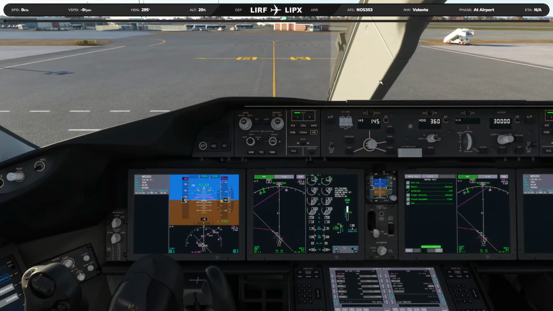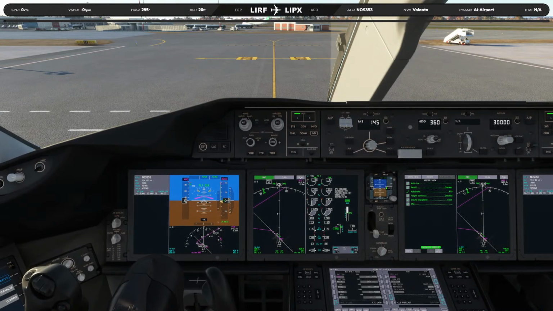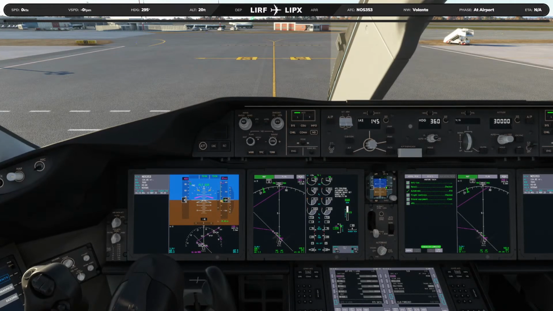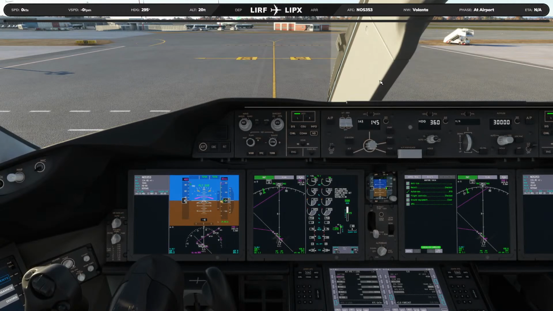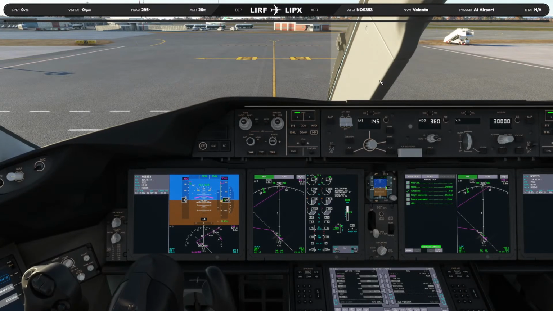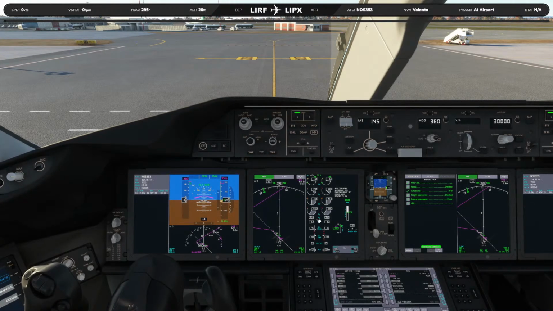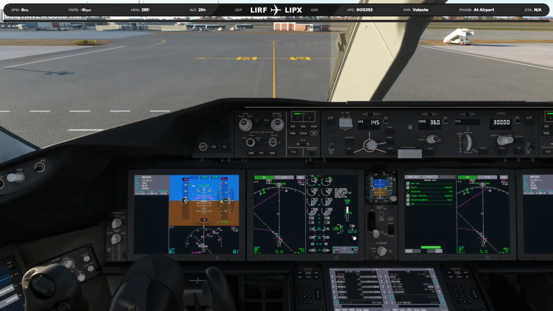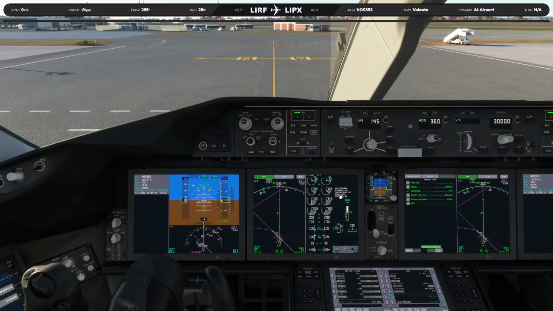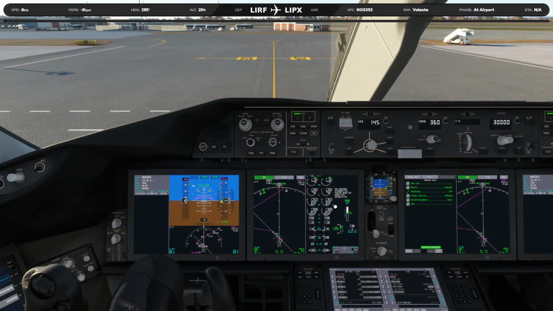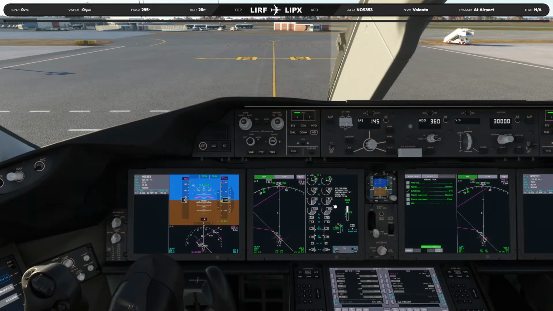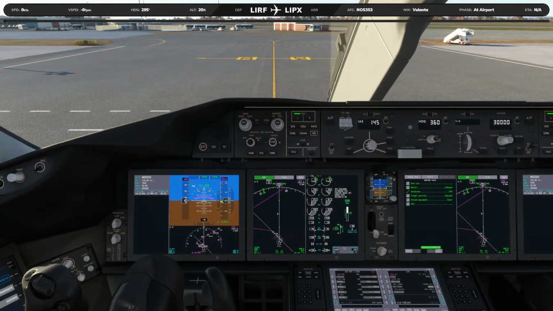Excellent. All right, everything is looking good. Trim is set. The rudder trim is good. APU cool down. Everything's looking in tip-top shape for our departure.